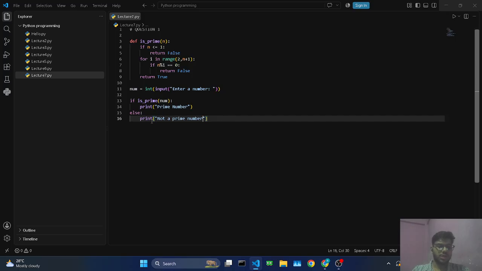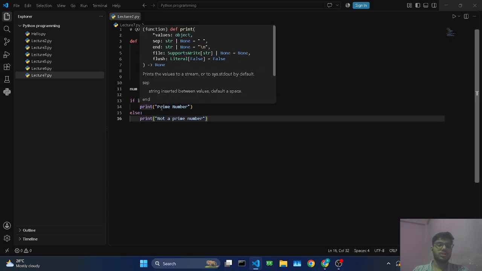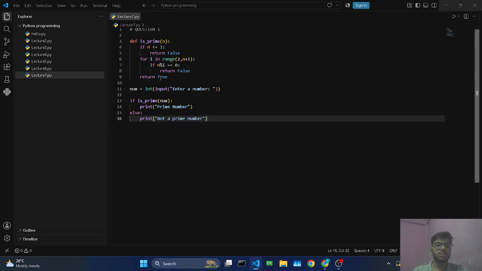You might be confused what this statement of code does. It is a condition here. If is prime here, it says whether it is true or false. If we are calling the is prime function and its output is true, then this statement will run, because it will only give output true when the number you have given is a prime number. Then it will print prime number, or else if it returns false, then print not